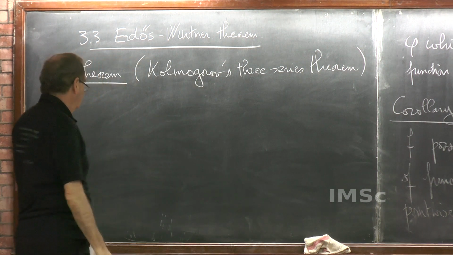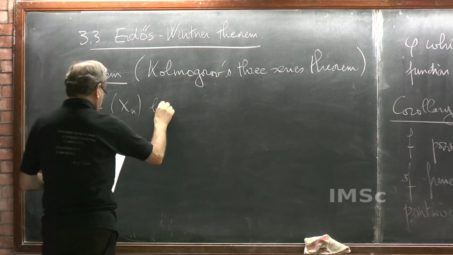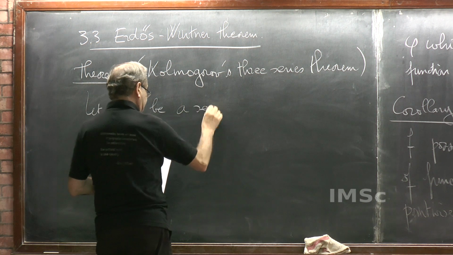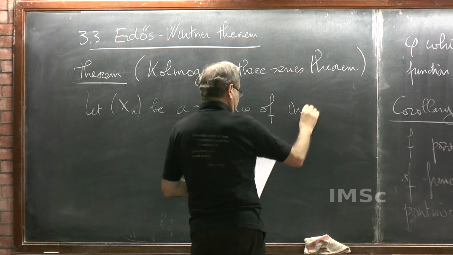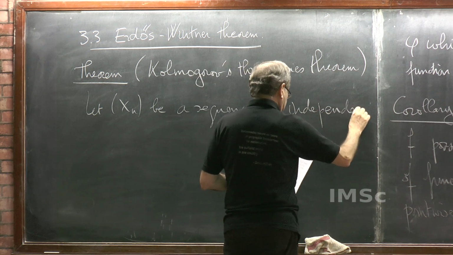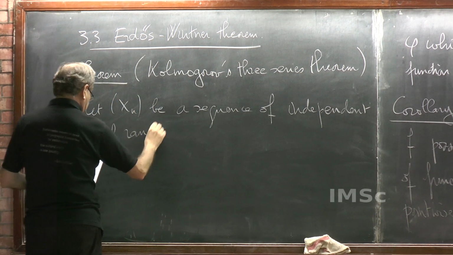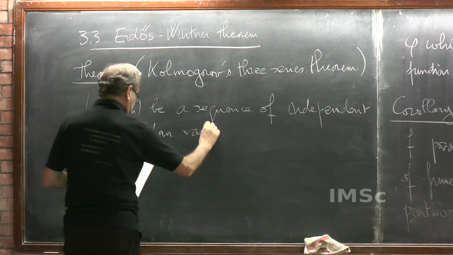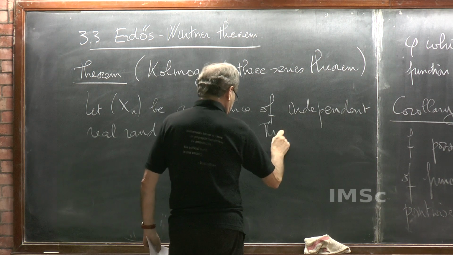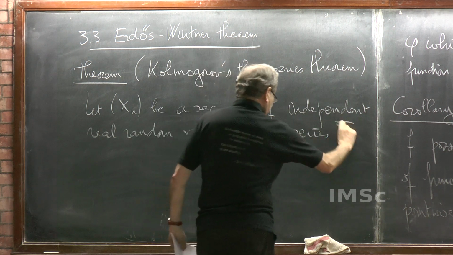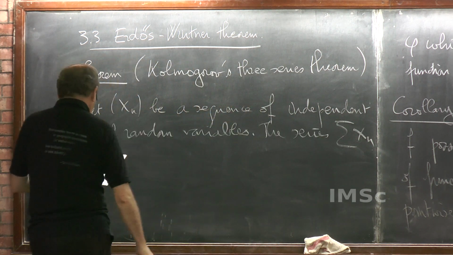It says the following: let x_n be a sequence of independent real random variables. The series, summation of x_n, converges almost surely